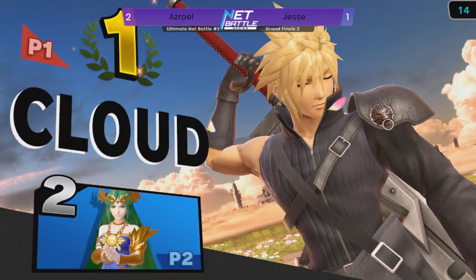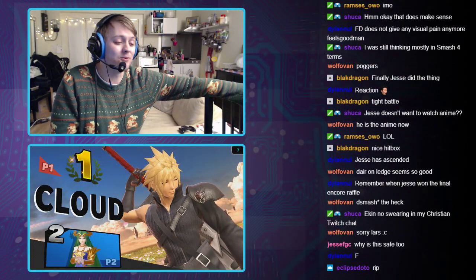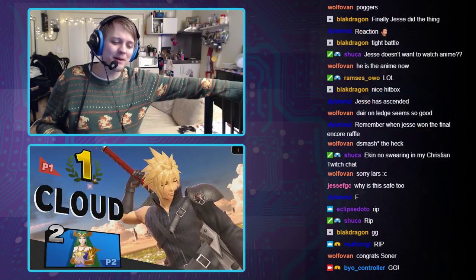Final score 6-1. That means Azrael wins a subscription to our very own Twitch channel. So whenever he's watching anybody camp on another player's stream, he gets to spam that 10